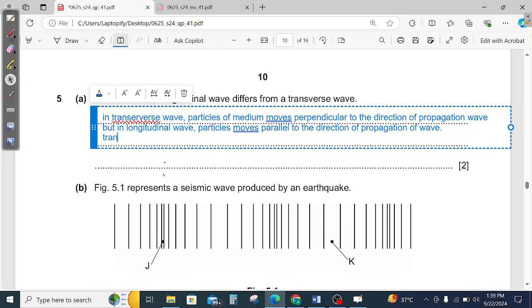And transverse waves, remember, some transverse waves need a medium, but in longitudinal wave sometimes we don't need a medium. It depends upon the situation, because electromagnetic waves do not require a medium for their propagation, but in case of sound wave they require a medium for its propagation. So it depends upon the situation. So moving towards the question,